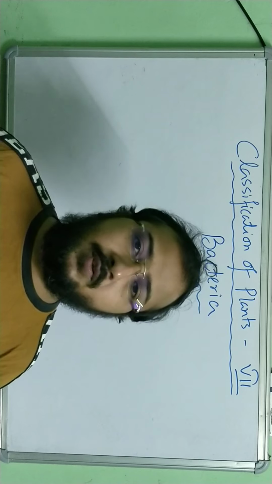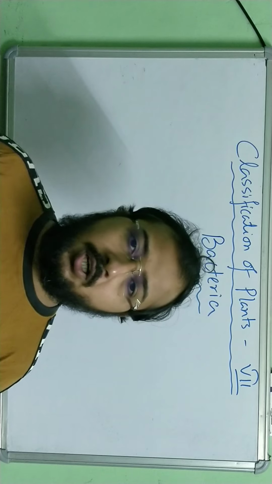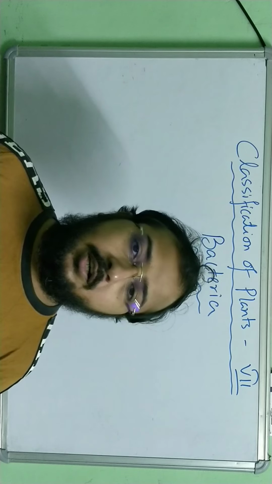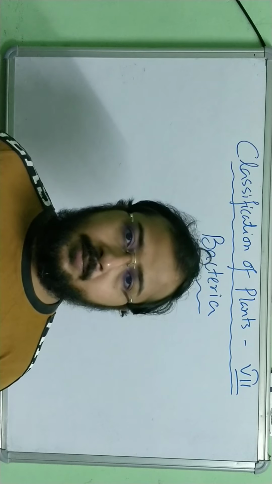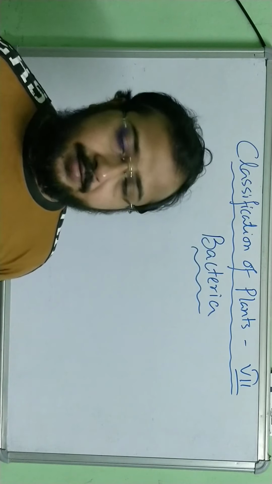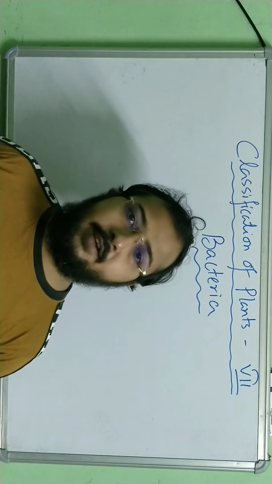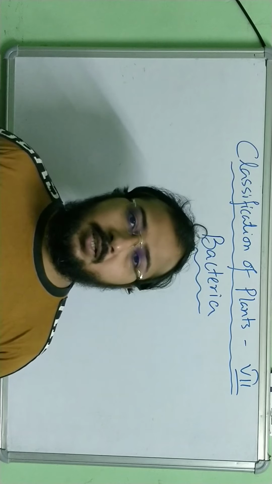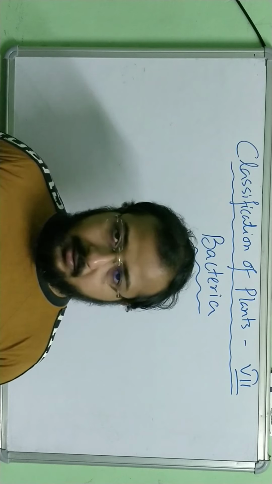So bacteria, all of us know that it's a microscopic organism. If you remember the flowchart I have given in my last video of this chapter, if you have learned the flowchart, automatically you'll be able to know the type of organism and some of its characteristics on your own. Bacteria comes under the Monera kingdom. The kingdom is given solely for Monera, bacteria. It is a prokaryotic organism. Prokaryotic means it doesn't have a well-defined nucleus.